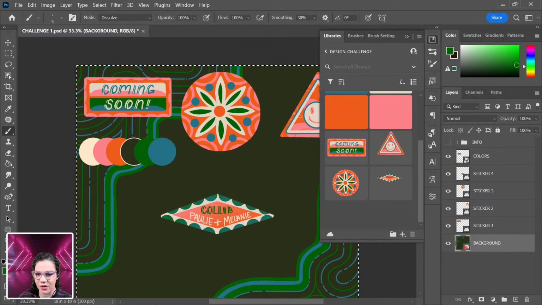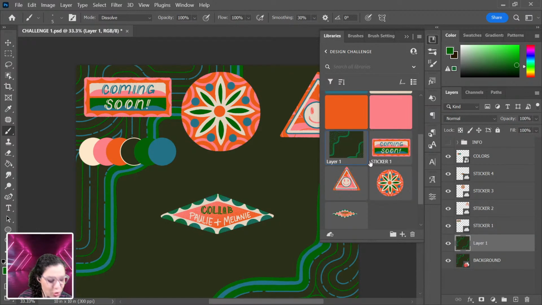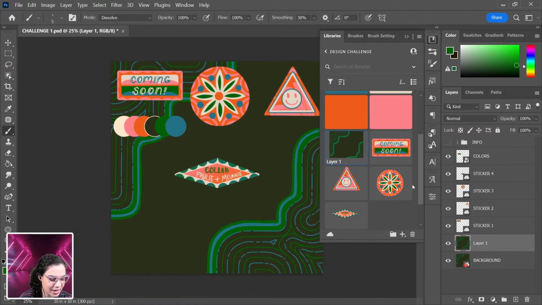Control A to select my canvas and Control J to duplicate. And then let's see if I can drag this in. Boom, there we go. All right, so what I did there, just so that everybody knows,